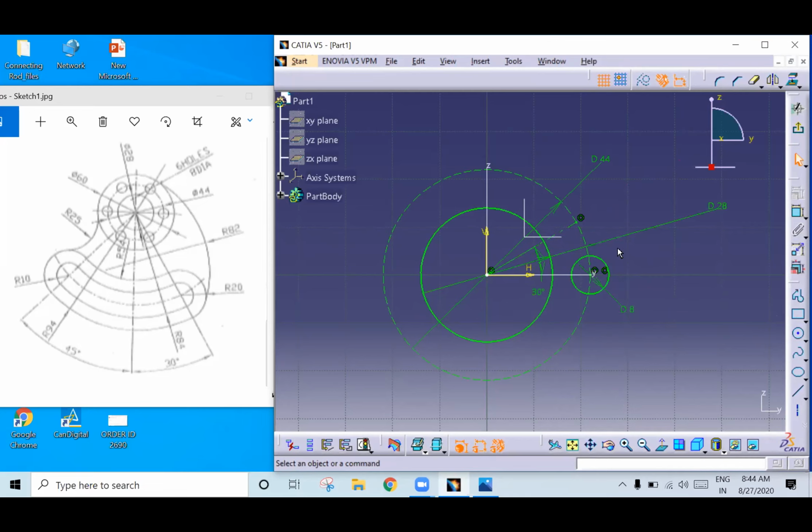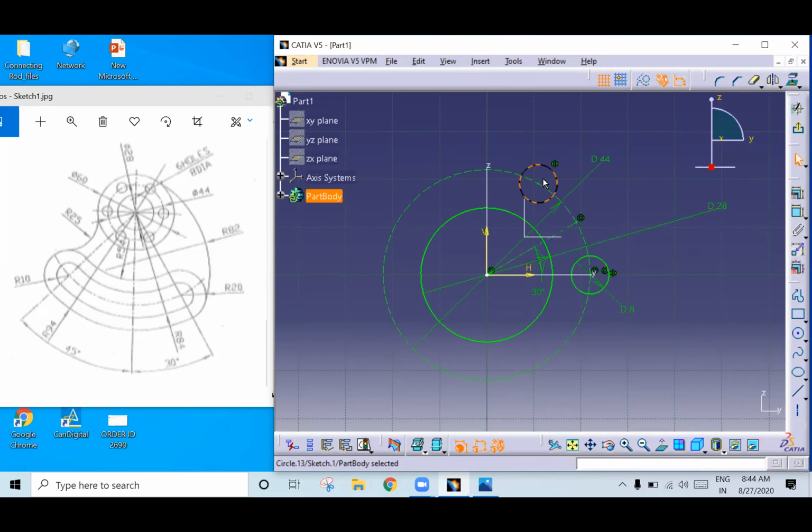So next, what you can do, if it is 30 degree, if I mirror it, it will become angular spacing 60, right? So go to mirror here, select the profile and select the axis. What happened? I think it has not selected. So mirror, select the profile and select the axis. See here. All of you got it?